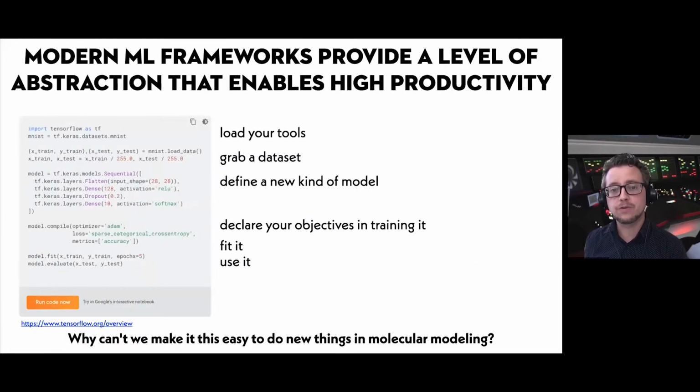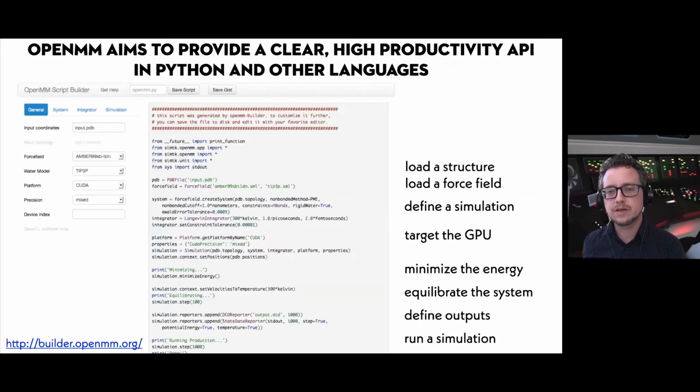One of the really powerful things about modern machine learning frameworks is that they provide this really nice level of abstraction where you can easily define what you want to do by having really good abstract objects that allow you to essentially execute your workflow very simply. So we're trying to do the same kind of thing here